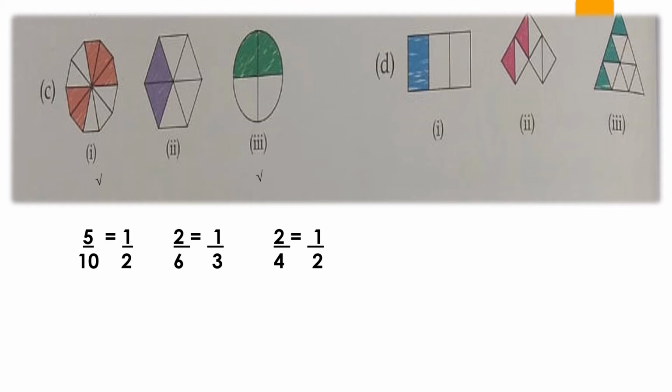Now in the D part, the first figure is giving the fraction 1 by 3. Now the second figure is having 2 upon 6. That is, two parts are colored and total parts are 6. Now when you will divide them by 2, you will get the fraction 1 by 3. Now the third part is having 3 by 9 as fraction. When you will reduce it into the lowest term, you will get 1 by 3 again. So that means all the three are equivalent fractions.